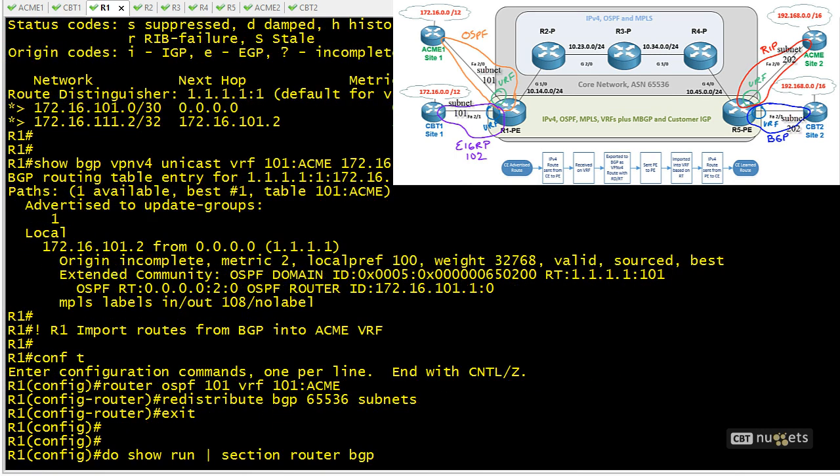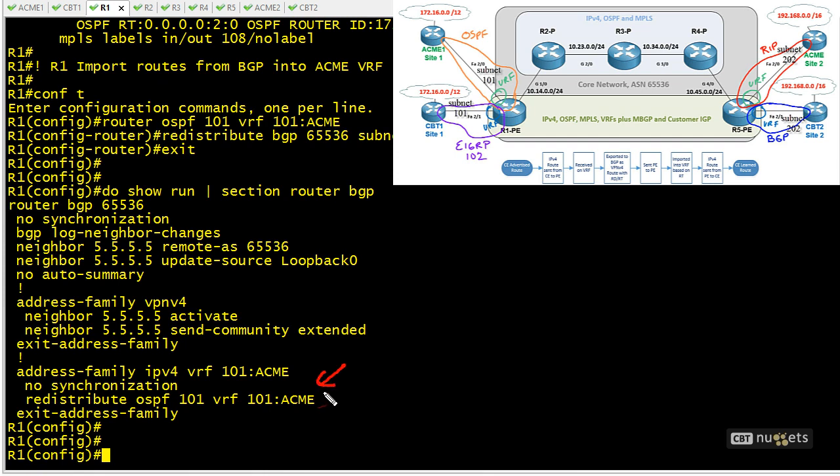The next thing I'd like to do is go ahead and do an export for the benefit of CBT's VRF. Just for a moment, I want to take a look at what the current configuration is for Border Gateway Protocol. So here's the export information for Acme's VRF. For CBT, we're going to follow the same kind of process. We're going to go back into router configuration mode for BGP, Autonomous System 65536. We're going to go specifically into address family IPv4 for VRF, in this case,